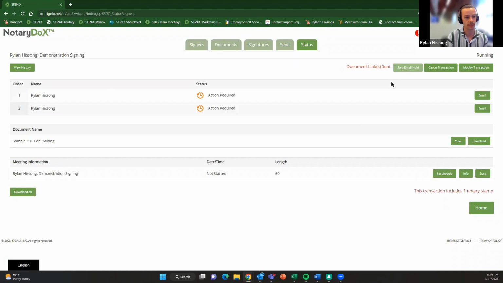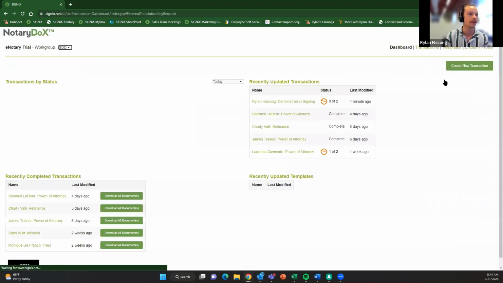And when you do click stop email hold, that will send out the actual document links. So we hold them because if they were sent at the same time that the Zoom meeting link was sent, obviously we scheduled this transaction to take place on Friday. If that signer got the documents that day, then they could go in and sign those documents without you being on the Zoom call, without you knowing, and that would nullify that actual